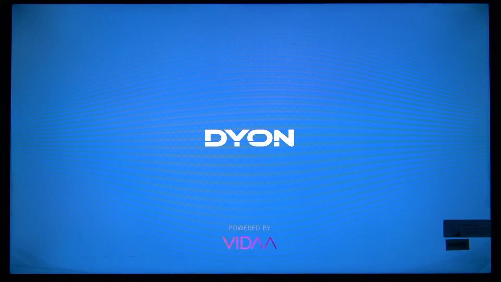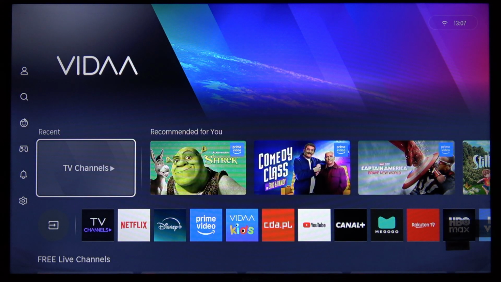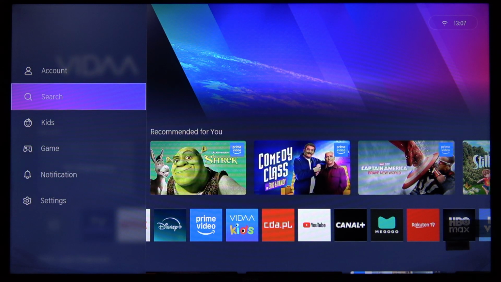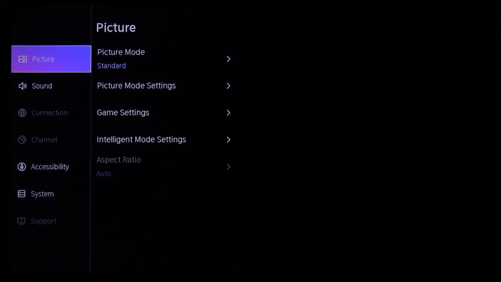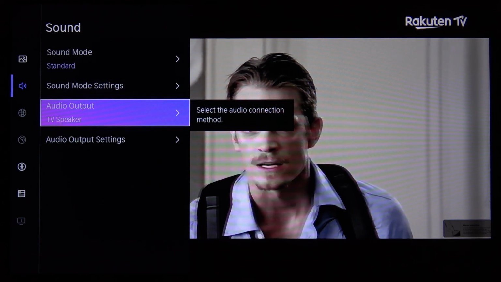And now we can disable it in the very same way. So in order to disable it, we're gonna have to go to the home screen first. Then on the home screen, navigate to the sidebar, Settings, open Sound menu, then go to